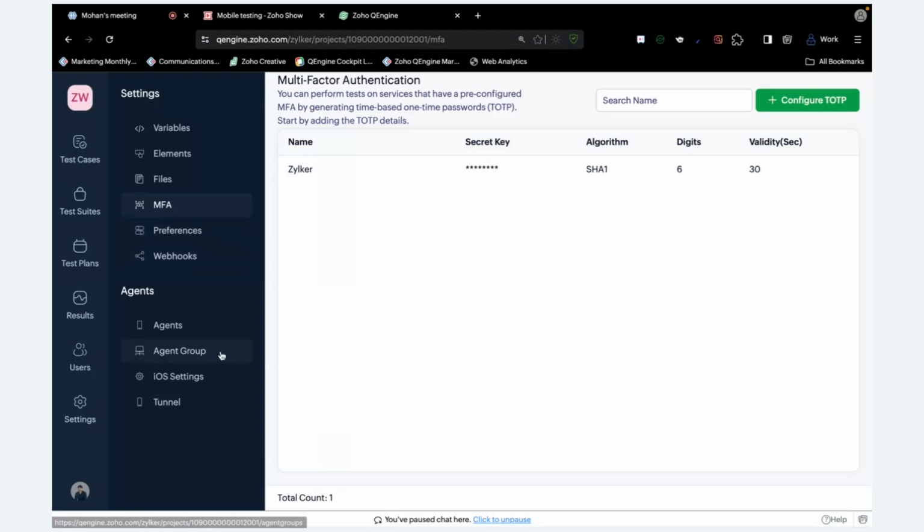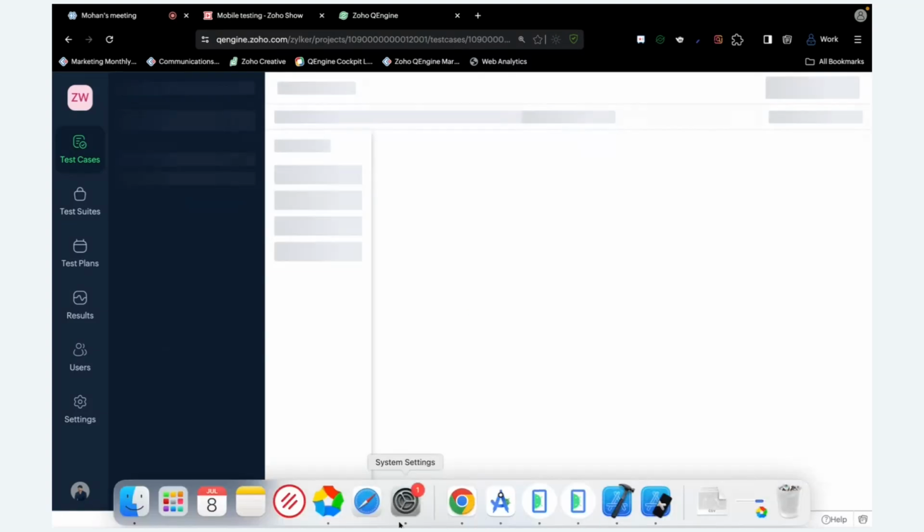And yeah, there are agents, and then the tunnel feature, which helps you test applications which are available behind a firewall on the cloud itself. So for that you need the tunnel feature. So that's a quick view of everything. So without wasting much time, let's get started with